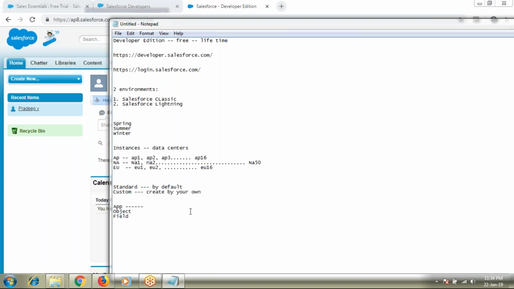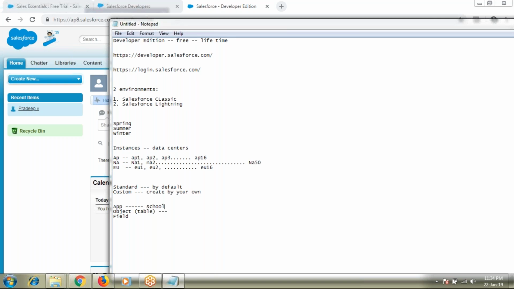Okay, and what is an object? In database language, an object is nothing but a table. Let's take an example. I'm running a prestigious school here in Bangalore.